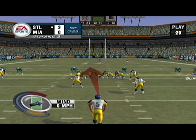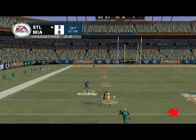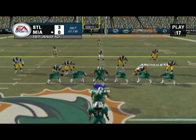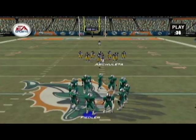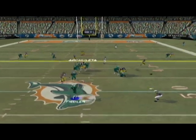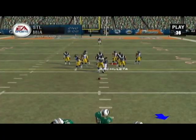Vendetta is back to punt. Here's the punt. Could be a good return here. And he's ridden. But before he could do anything with it. Drops back to pass on 1st down. Give it to the halfback. The I formation. 7 yards to go. Ball on the 41-yard line. Flings it to the outside. And he makes the grab. He made that catch look easy. That receiver has really good technique out there. He always...